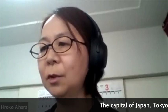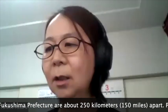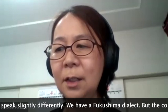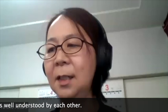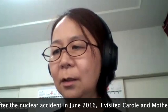Japan's capital city of Tokyo and Fukushima prefecture are about 250 kilometers apart. People living in Tokyo and people living in Fukushima speak slightly different language, with the Fukushima dialect, but the context of the talk is well understood by each other. The two regions are about as distant as that. Five years after the nuclear accident, in June 2016,